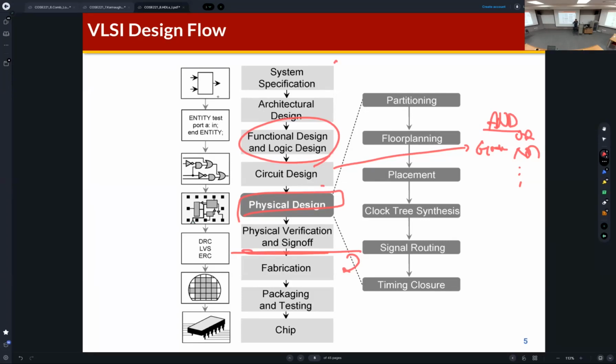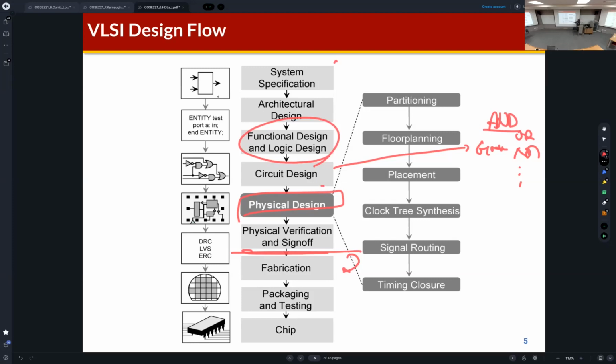That's why TSMC or Samsung are called fabs, because the chips are fabricated. In the fab, then the